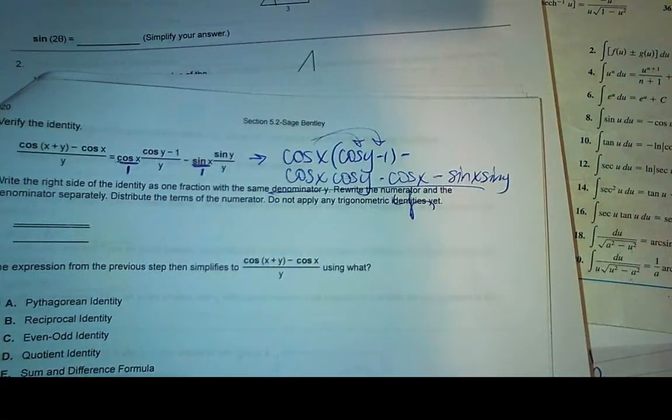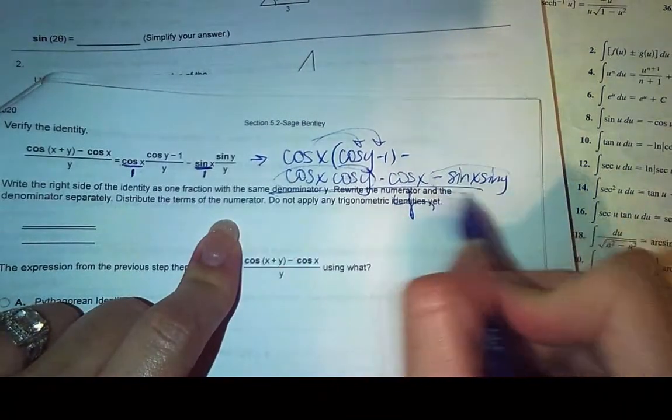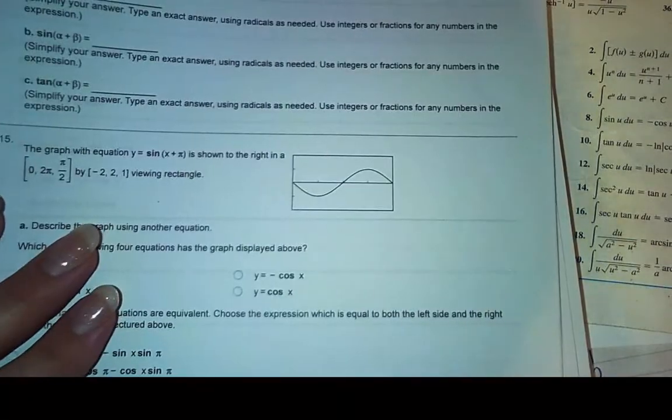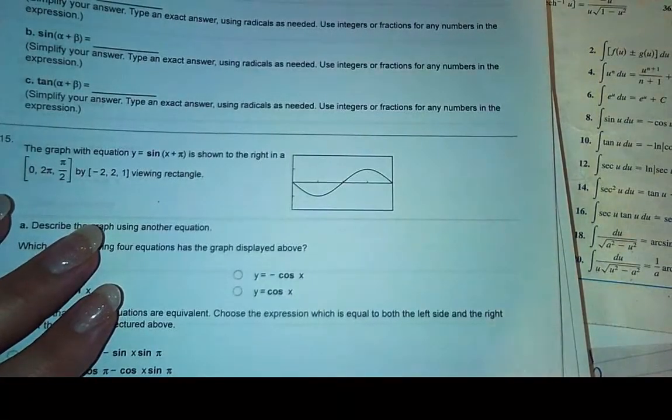This one will be minus sine x times sine y. So minus sine x times sine y. And then you can start putting this stuff together. So you'll notice that this part minus this part is one of these identities. And then you got this minus cosine x hanging off on the side. Well, there's your minus cosine x hanging off on the side, and guess what that one is? Okay, you're going to verify that one, and then these ones, because we love graphs so much, make sure that,